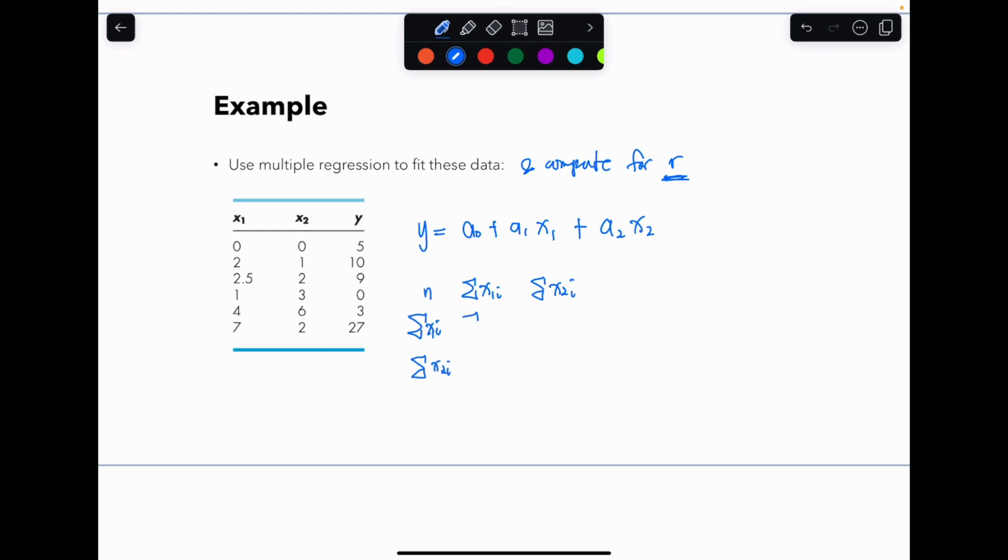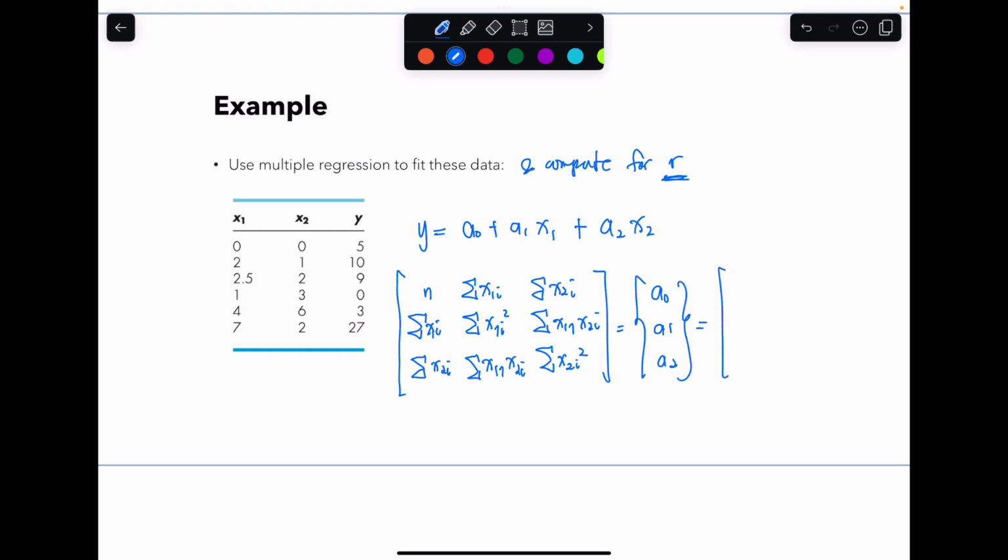In here, that would be the x sub 1i squared. This one is the x sub 2i squared. This one would be the product of x sub 1i times x sub 2i, and this one is the same, x sub 1i x sub 2i. And then this given matrix would be equal to a sub 0, a sub 1, and a sub 2,